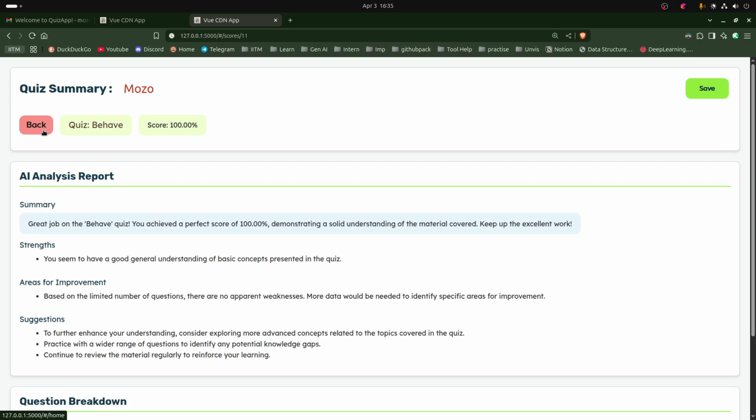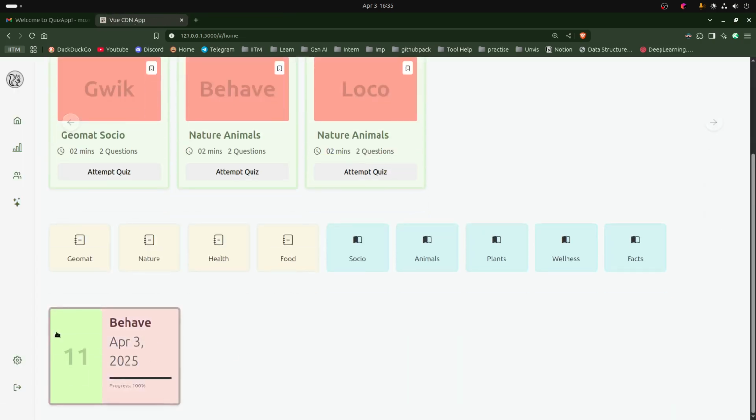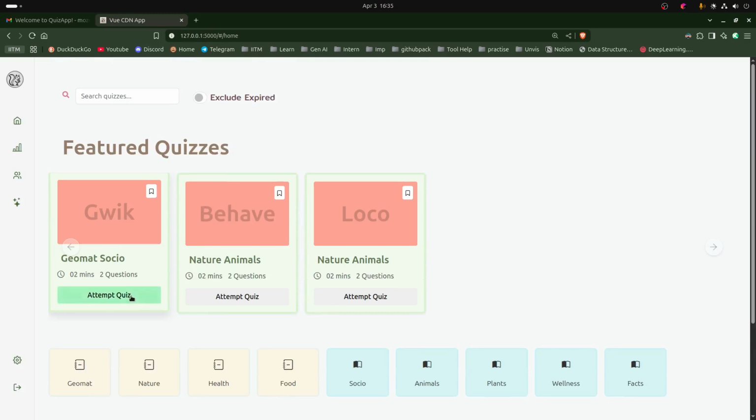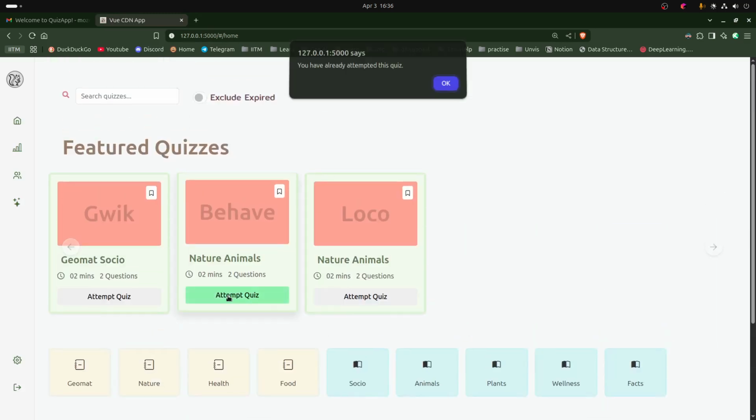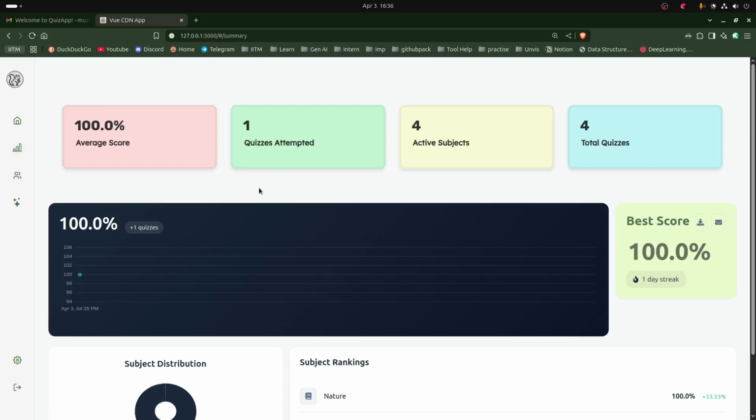Let me go back, and I've got this response here. We can again visit this. Alright, so let me try to reattempt, and we get this alert again that we have attempted this quiz. Alright, so we have this summary page as well,